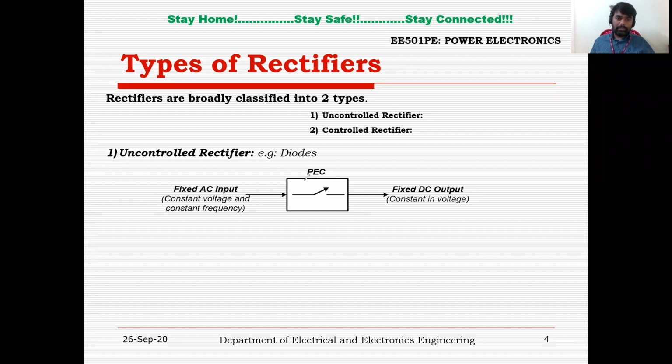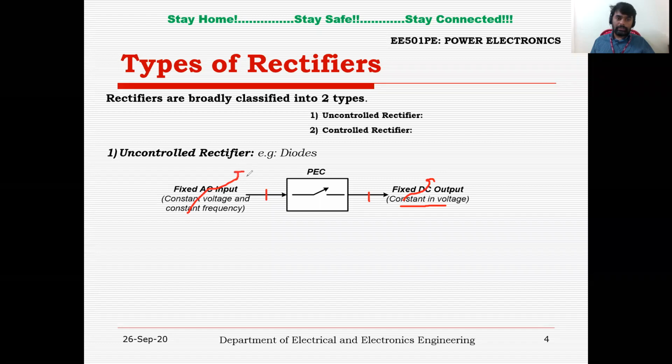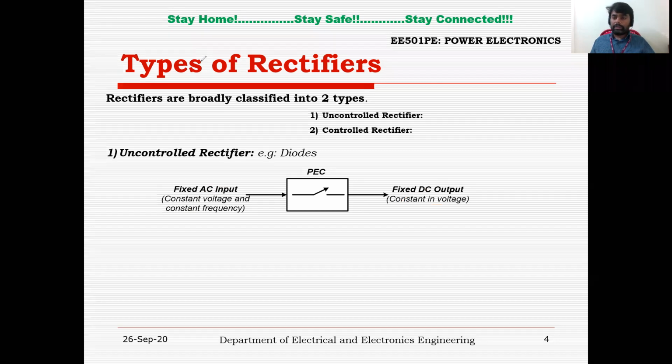Here you can see the power electronic converter block, and the arrow marks represent the direction of current, which will flow from source to load. Here we are providing AC input, which is the source, and here we are going to connect the DC load, right? Since we are using an uncontrolled device, you cannot control the voltage at the DC side. So here it is performing fixed AC to fixed DC. If you want to vary the voltage, we need to vary the source, and that is not possible because the source remains constant, right? So it is called an uncontrolled rectifier.